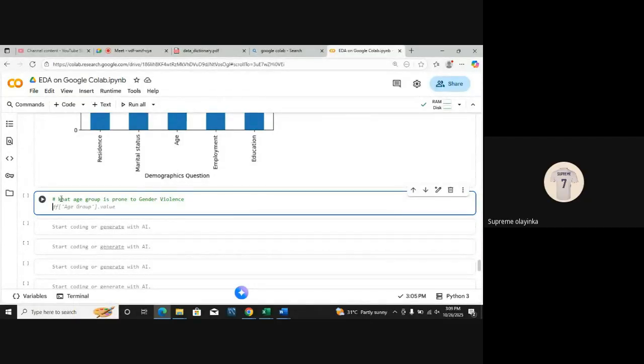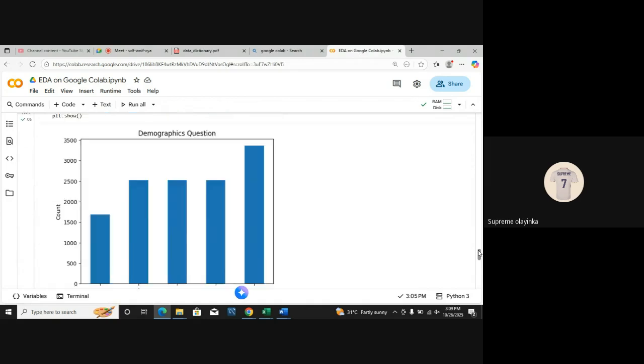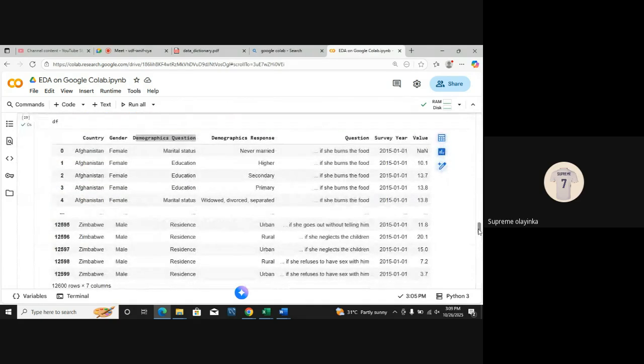Sorry, I need to see the old table again with the columns. You want to see the table that is the data set, right? Yeah, the data set, on the age part. Okay. Age value. Okay. Let's just say the demographic response.